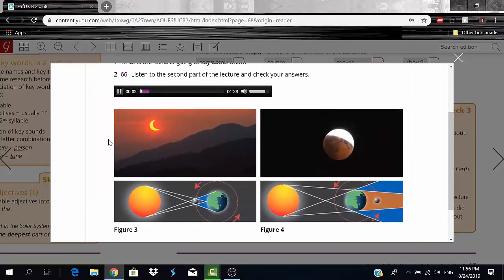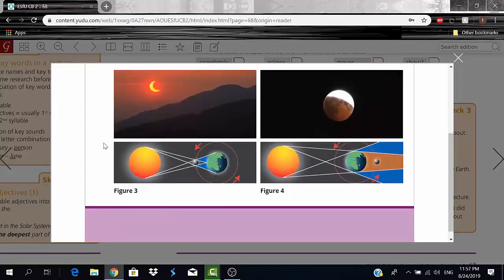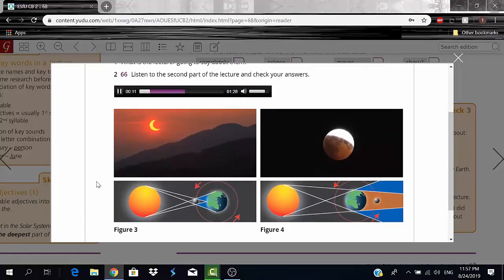Exercise F2. Listen to the second part of the lecture and check your answers. Okay, so that's an eclipse of the sun. Now look at the photograph and the diagram on the right. Okay, everyone got that? Now, this photograph shows an eclipse of the moon. So what's happening here? Well, the Earth is moving between the sun and the moon. On average, 3 eclipses of the moon happen every year somewhere on the Earth.